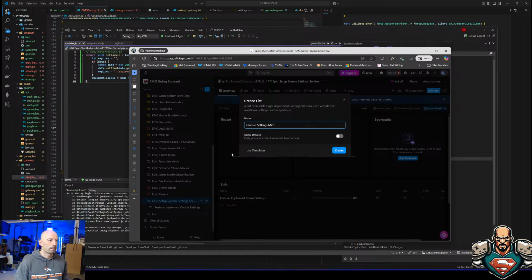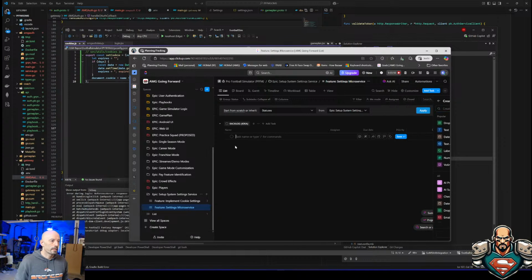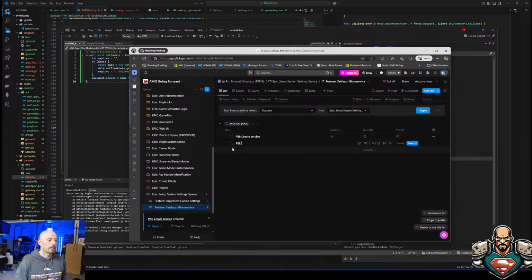Settings microservice. And then this one's going to have like PBI, create service, PBI, update proto, create define proto file, PBI, implement in gateway.